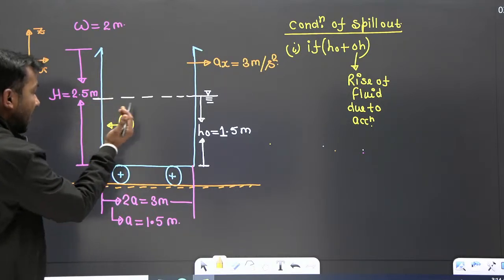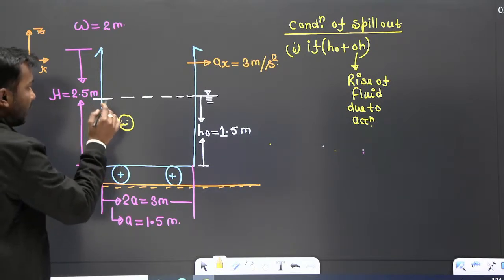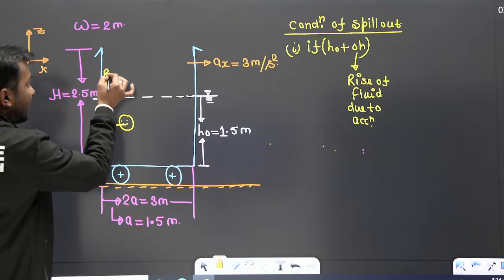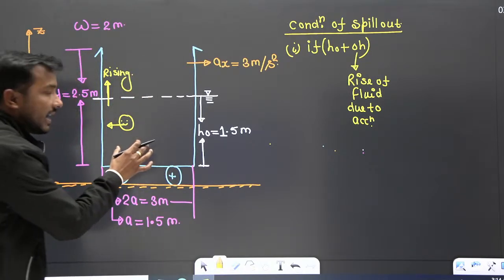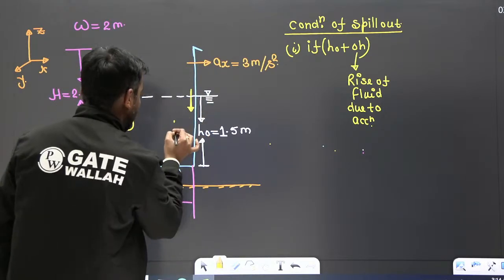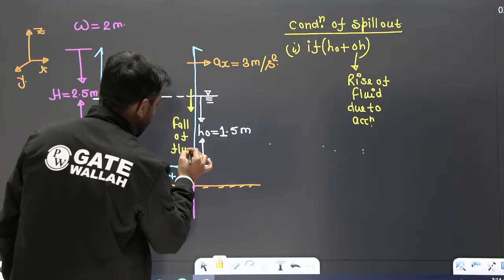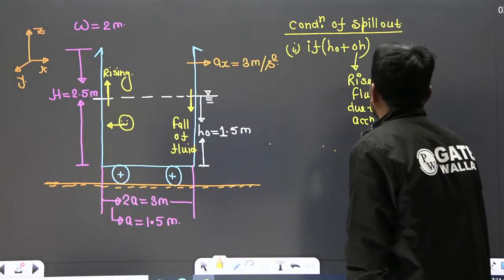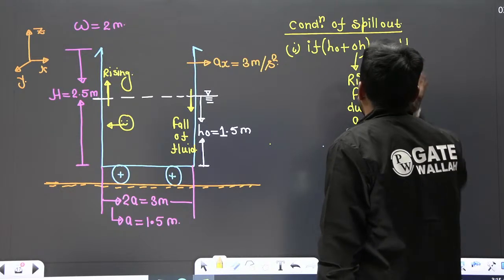So they are collected on the back side of the trolley, and on the back side of the trolley fluid starts rising due to pseudo force, if we consider the trolley as our frame of reference, and on the front side the fluid falls. So this is a rise of fluid due to acceleration, and if this is greater than the total height of the tank,